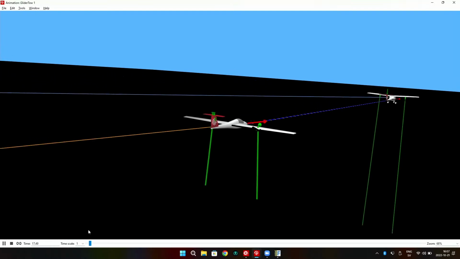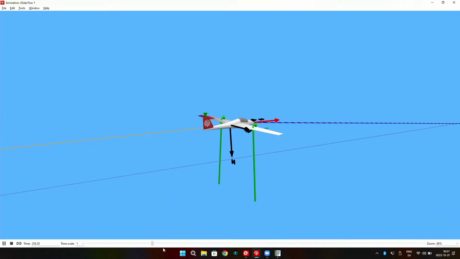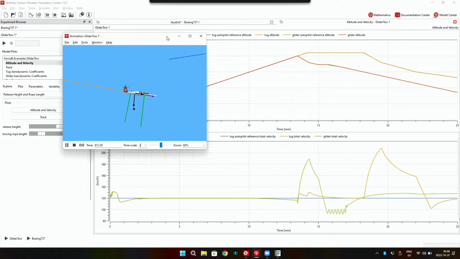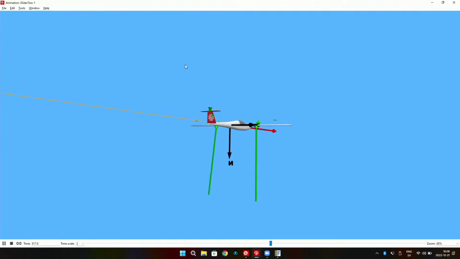And then after quite a while, let me skip forward here to, I think it's somewhere around here, we will release eventually. Play this a bit faster, say twice the speed. Hopefully, I don't remember exactly when. And we will see where we're, okay, there we released. And now it's flying by itself. Very cool. And as you see, it's a Wolfram aircraft with a Wolfram logo on it. It's our new fleet. Got to keep the branding.